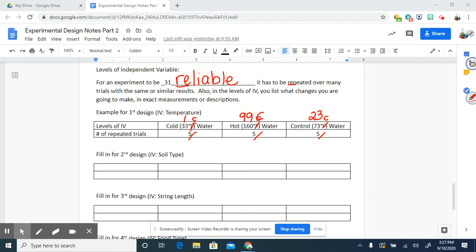So for our second design, let's look at this one together. We've got the levels of IV. We'll go here. And then the number of repeated trials. So then the top here are, what are your levels of IV? What are your soil types? You can write whatever you like as long as a type of soil. You can put wet, dry, and sand. It doesn't matter to me. I am going to put